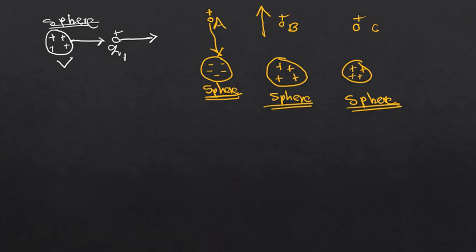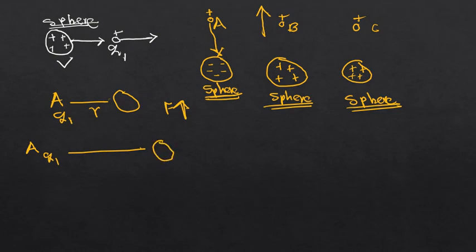Now notice that the more A is getting closer to the sphere, the more the force of attraction. And the more A is distanced from the sphere, the less the force of attraction. In this case, the electric field,